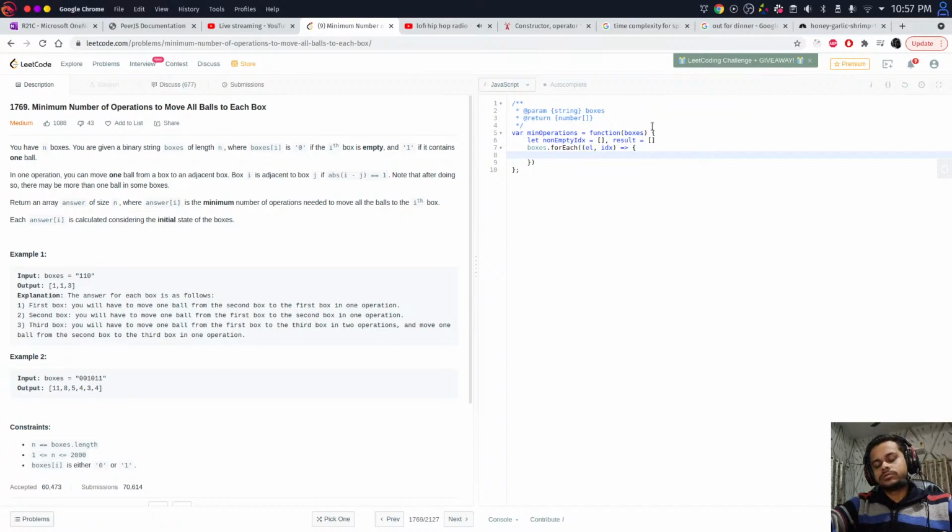Now for the first box, let's see. Alright, okay, so first we have to populate the non-empty indexes. If element, then nonEmpty.push(index), boxes element. Now for each element we'll iterate over